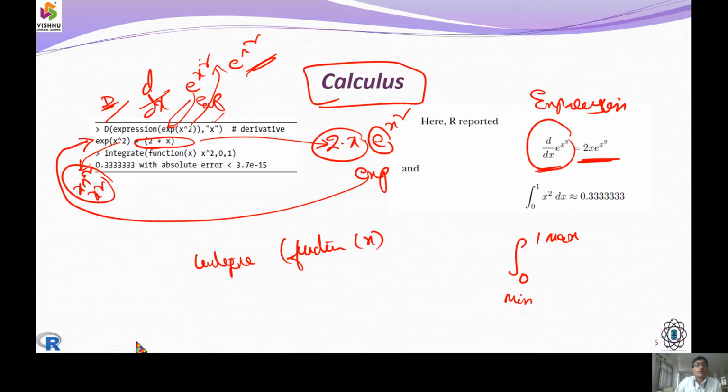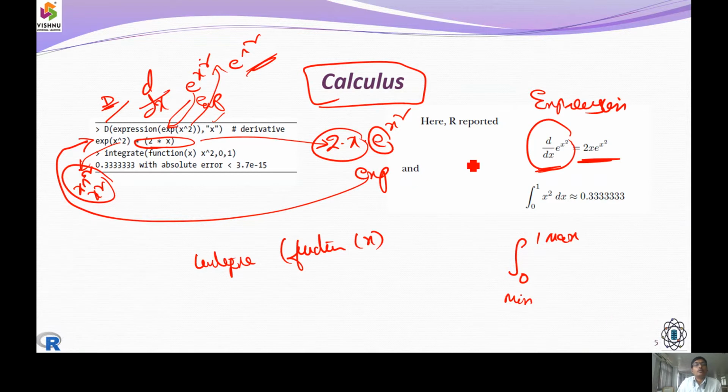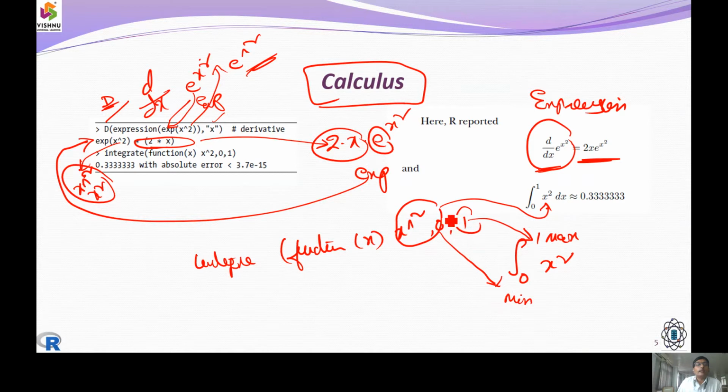So it is in this model: function followed by x cap 2 followed by 0 and 1. 1 points out the maximum, 0 gives the minimum, and it brings up the value of x square.